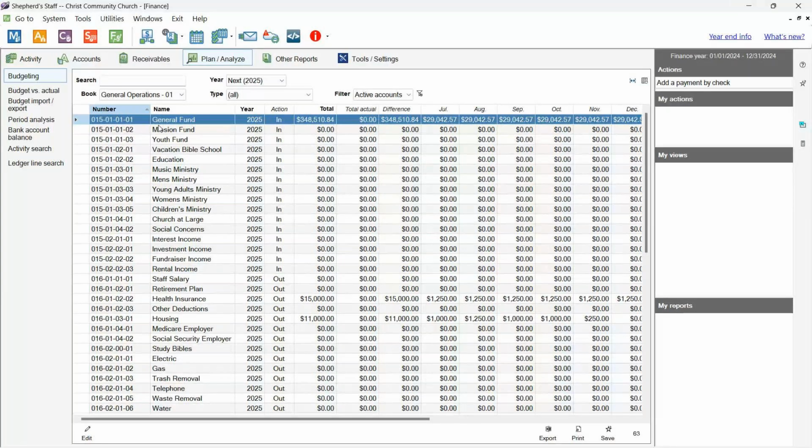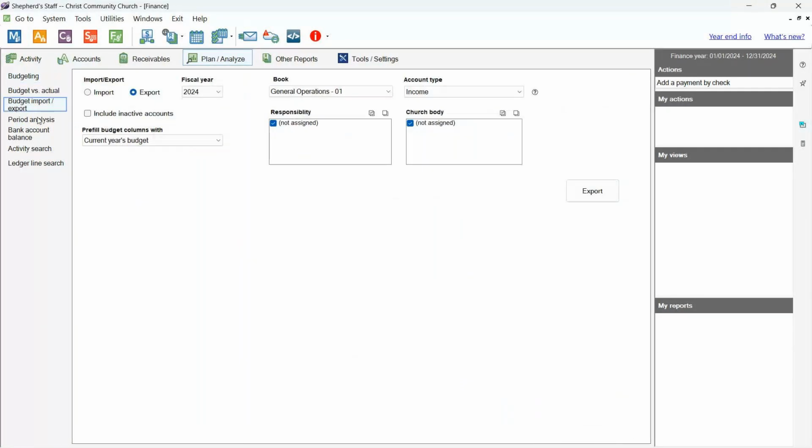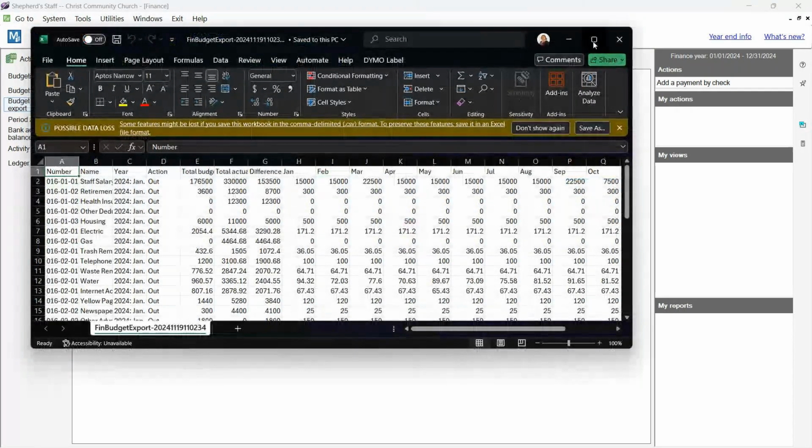Another way that you could handle this is using this budget import export view. So you could export your 2024 budgets, and then you get, say, let's see, all of our 2024 budgets. I want to have that, and I want, let's say current year budgets. I only want expense, or I want all, or I want whatever. Let's say I only want to see my expenses, and I'm just going to do the ones that don't have anything assigned, and I'm going to hit export, and then I get a spreadsheet here,